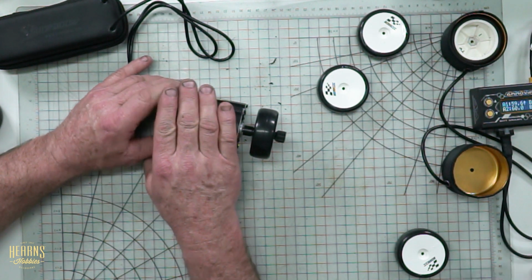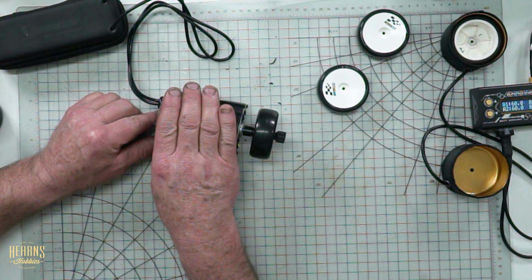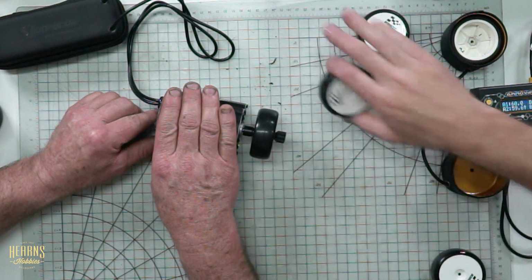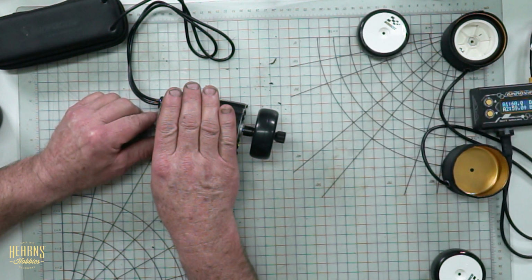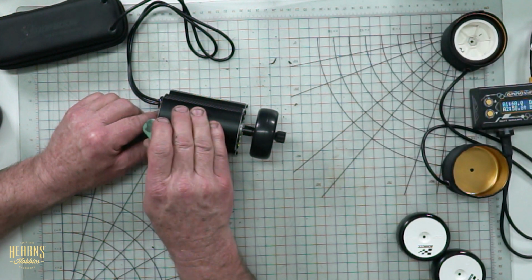You got a flat lipo. Well, what have you done? It's got a speed controller on it. Alright, so